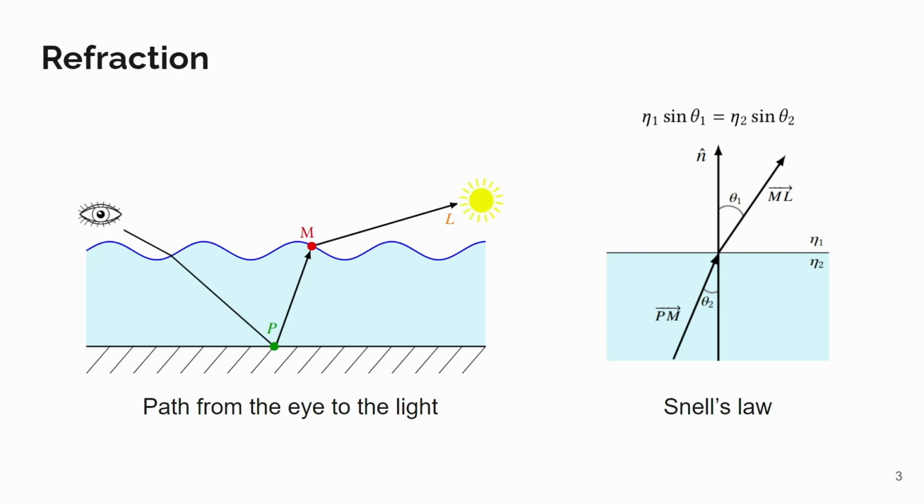So for a start, a little introduction of what's happening actually behind this. In refraction, we are going to follow the path from the eye or the camera to the light. So we have the eye, we have one refraction, then we hit the ground, and then for connecting to the light, we're going to have another refraction, that's this point M, and we get to the light. For this to happen, this has to fulfill physical laws, especially Snell's law, that is going to tell